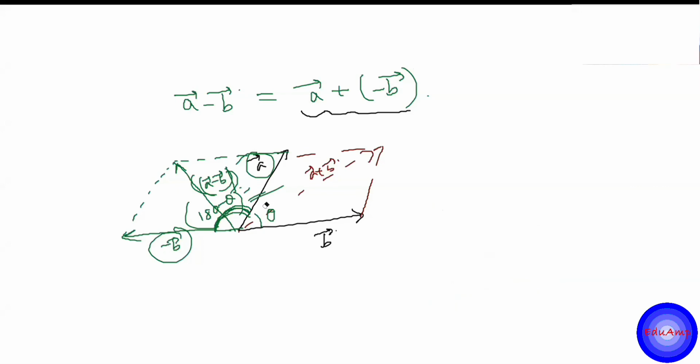Yes, they are mutually perpendicular, right, Ganesh? Fine. Okay, so this is clear. So the angle between the vector A and the minus B vector becomes what? If the angle between A and B is theta, the angle between A and minus B is 180 or pi minus theta. Fine. This is it.